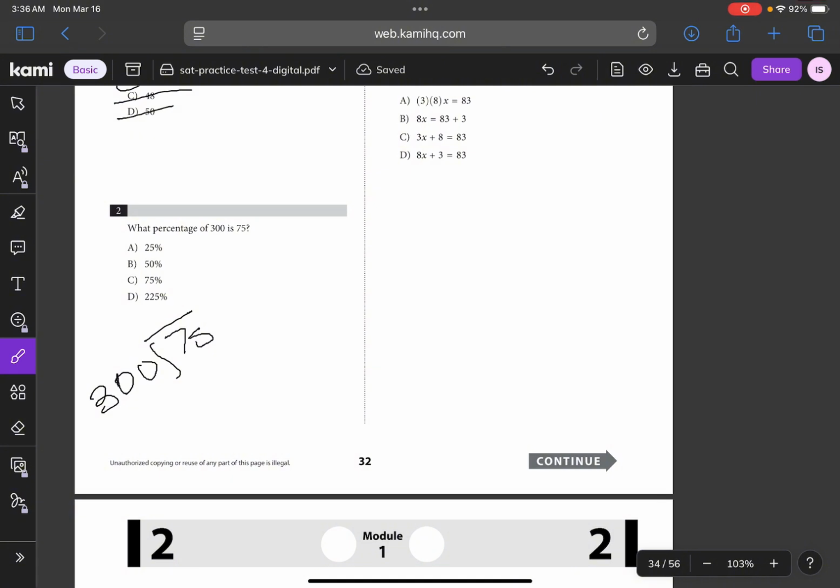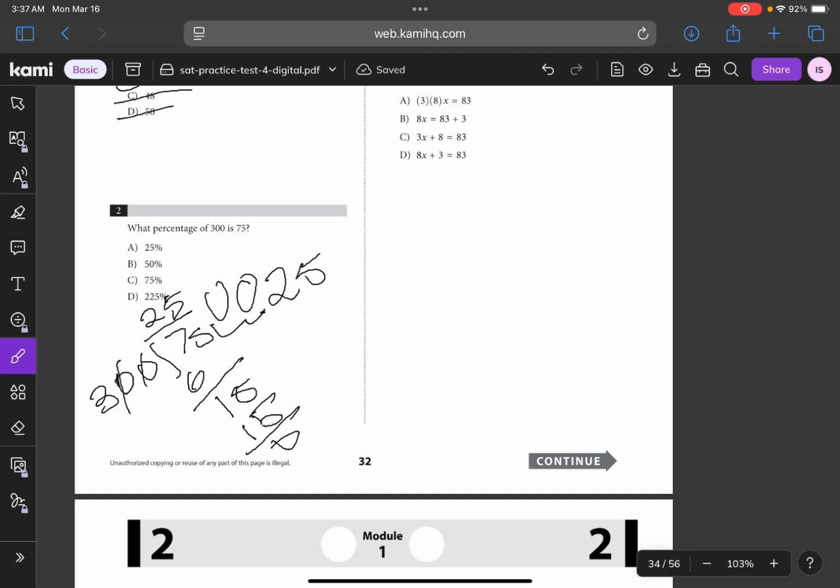So we know that, first let's get rid of these 2 zeros. So let's look at 3. So we know 3 goes in 7 2 times, that's 6, right? Then it's 1, 5, so 3 goes into 15, 5 times, that's 15. So we have 25, and then we need to add the zeros back in. So it's 0, 0, or